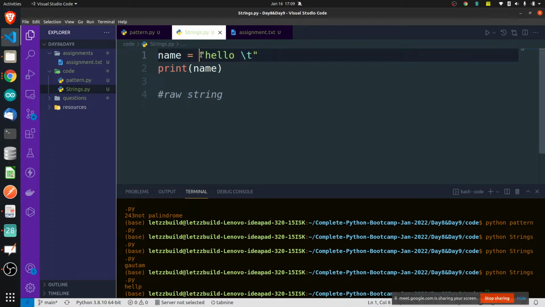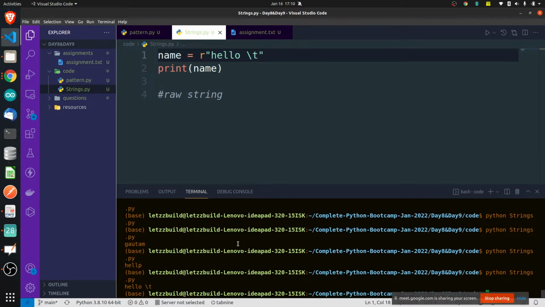If you want to tell Python like that, you can tell that I want a raw string. You can just write the letter r here. If you write r, whatever letters are there inside this string, as it is, it will be printed. No special meaning, no special characters, slash n, slash t, whatever these special meanings are, they will not have any significance now. They will be printed as it is, the way you have told. That is called a raw string. Is this clear?